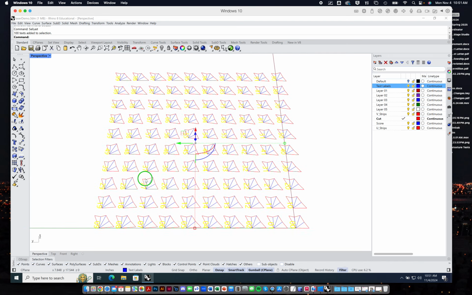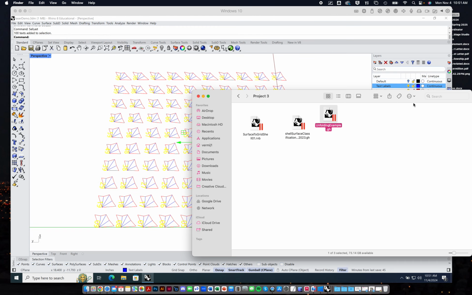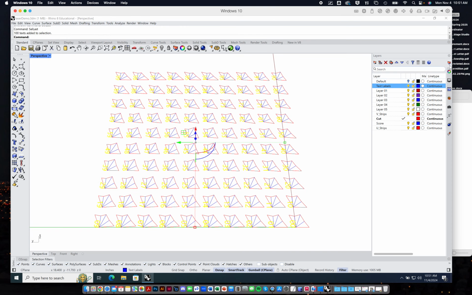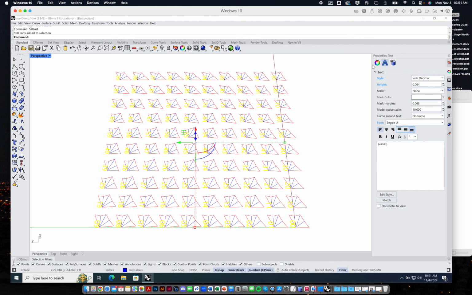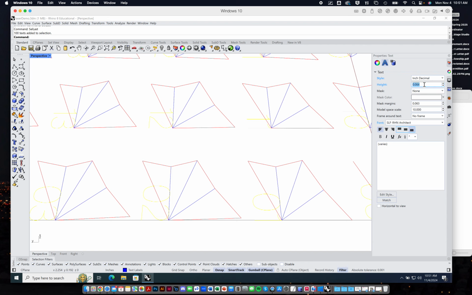There we go, all that text, right? Or I could say select text, right? Select text as a command, just select it all at once. I can go to again, the color wheel, the properties. I can look at the text properties, and I could just, again, change all of the properties here all at one time. So here's where I would say, I really don't know what Segoe UI font is, but what I really want is single line font Rhino Architect, and that way I minimize the amount of cutting time and scoring time I need. And then the height, that still looks way too small to me,